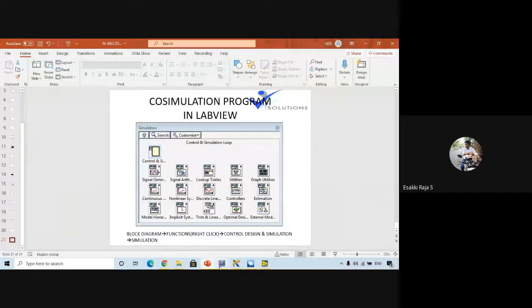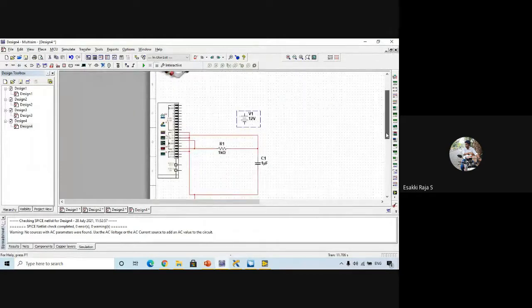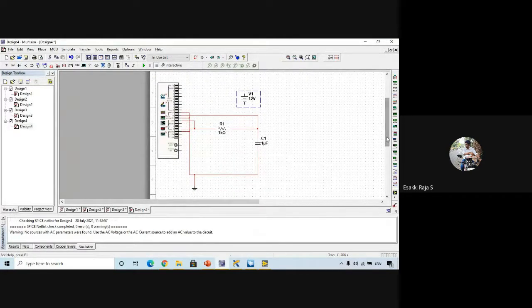For testing a diode we can take a very simple code. Better, I'll try to do the diode testing with actual hardware. So here I'll simply make use of a half wave rectifier. We'll start with the half wave rectifier.